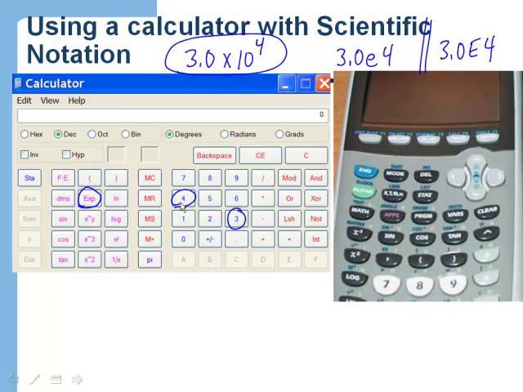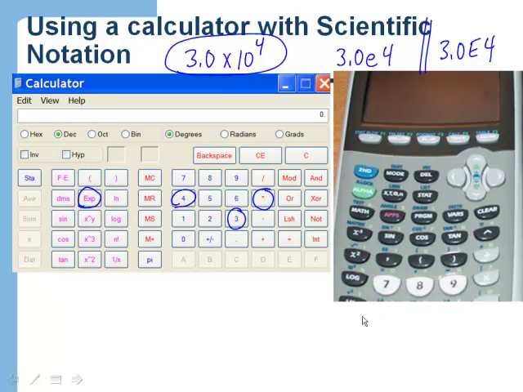And that's how I would enter that number in scientific notation. I could then hit whatever mathematical operation I wanted to do. Let's say I wanted to do times, and then I could put in another number in scientific notation in just the same way. On a TI-83 or a TI-84,